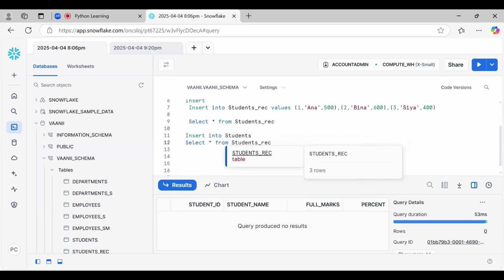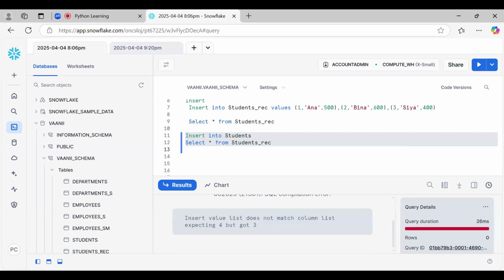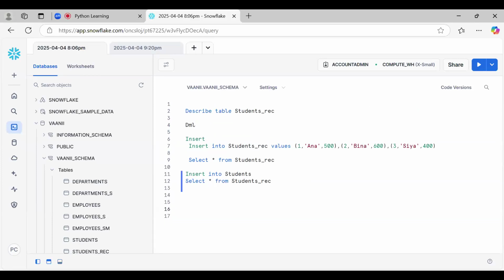Let's see if it's possible or not. Yeah, it will not work because in students there are 4 columns. Okay, let me create one and I will show you.